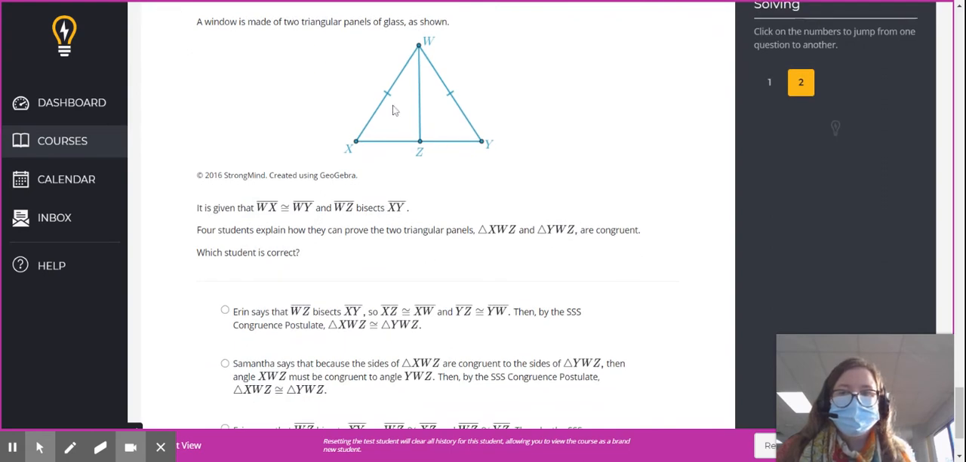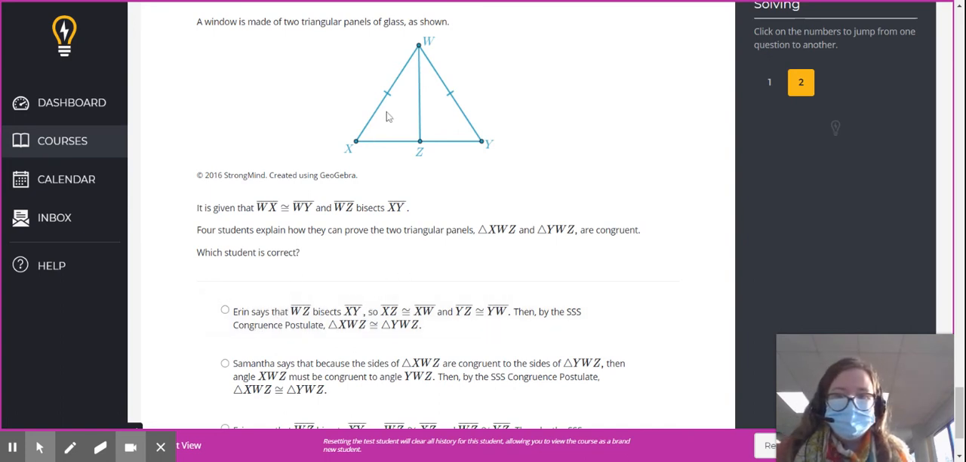Then this one. So it has this window pane thing, so we know that this bisects that. So we have those two are the same. That one would be the same for this triangle and that triangle by the reflexive property. So we have to figure out why they're congruent and how we can prove that. So we would do,